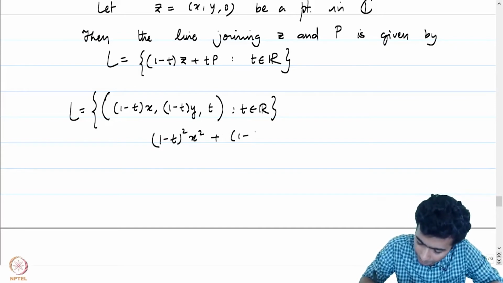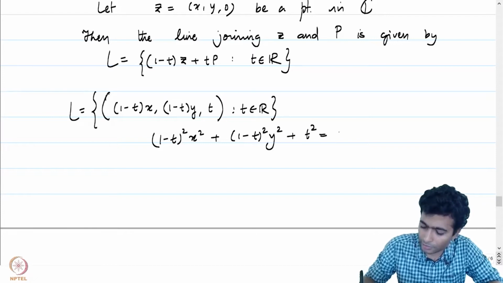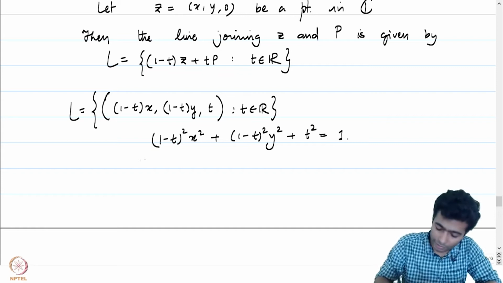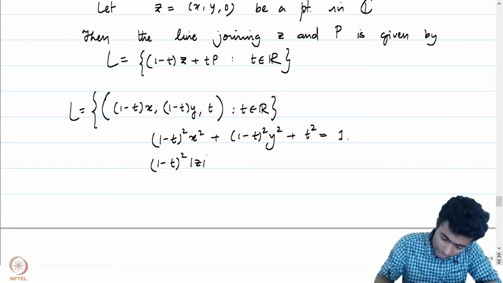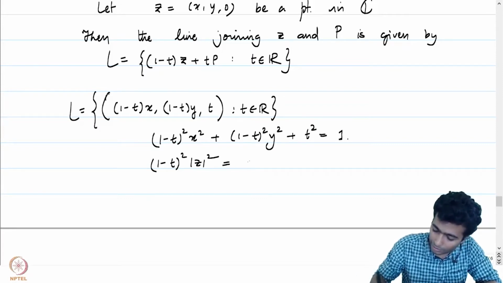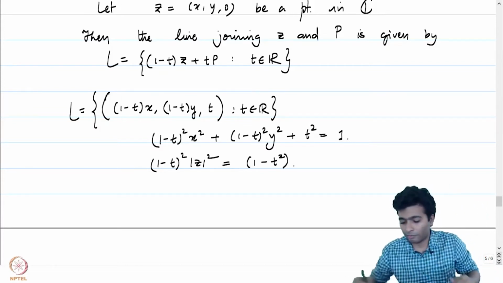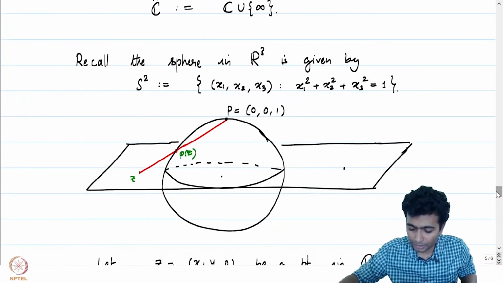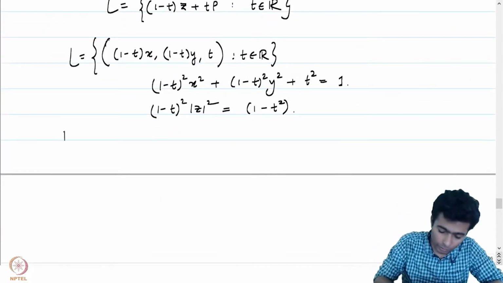It is given by the equation x1 square plus x2 square plus x3 square is equal to 1, which can be written more compactly as (1 minus t) square times mod z square plus t square is equal to 1. Of course, when t is equal to 1, we are at the point P, and we are not interested in that. Hence for t not equal to 1,